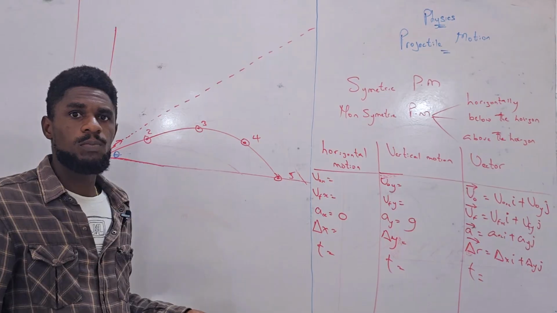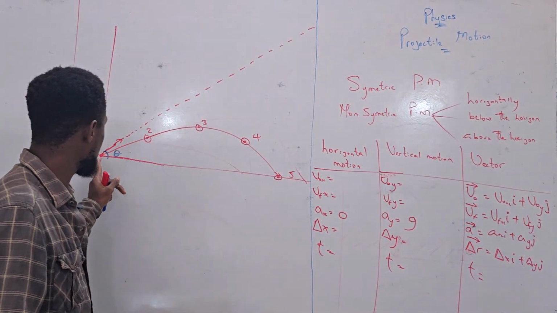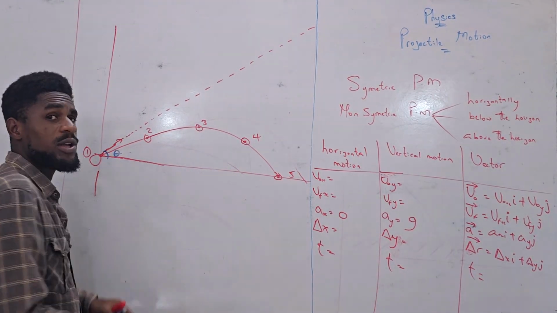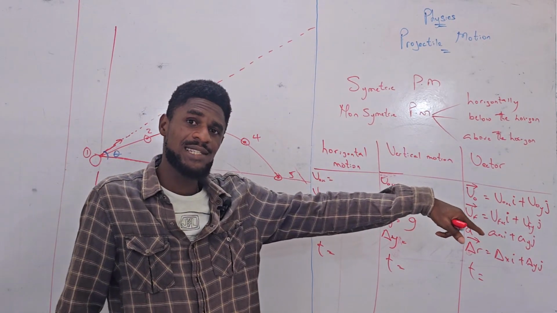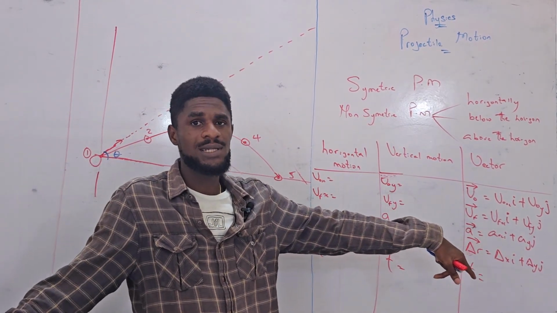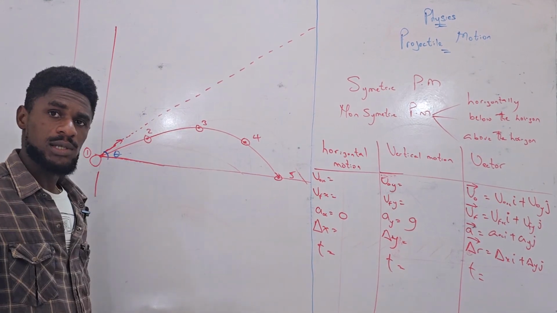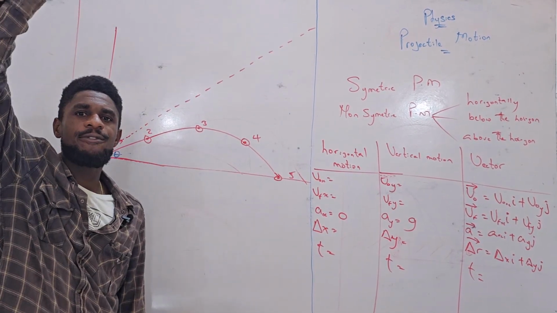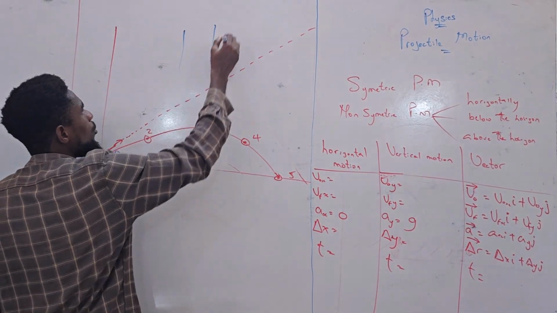Imagine, thank God most of us are football fans. Now imagine someone playing a free kick from point 1 up onto point 5. Placed from the same level, and it ends at the same level as the starting level, but obviously not at the same point. Now, if I were looking at it from the very top, from this angle,